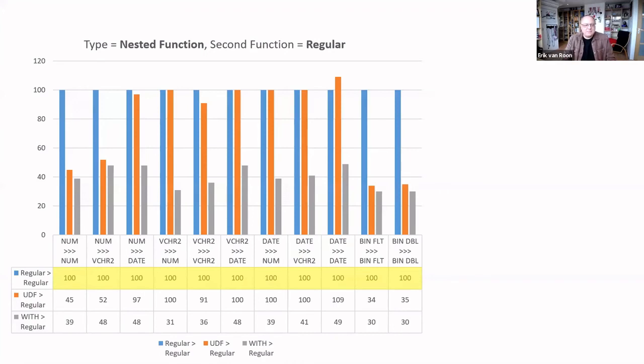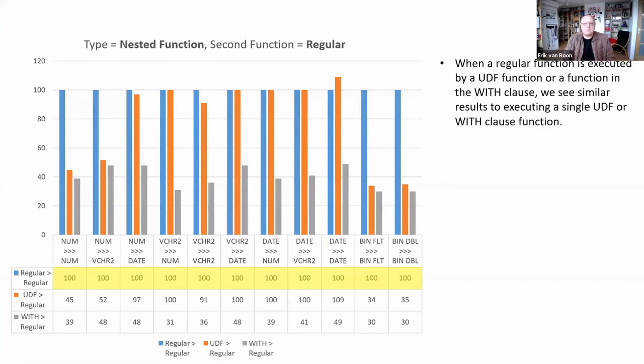And again, it's basically the same. If we have a regular function calling a regular function, that's what we used to do, that's the baseline. But if we have a UDF function calling a regular function, then we see that it's basically the same as calling just a UDF function. It's a little slower, but it's probably because it has to do more work because it has to call two functions. And a with clause calling a regular function is also, you see the same performance gains,